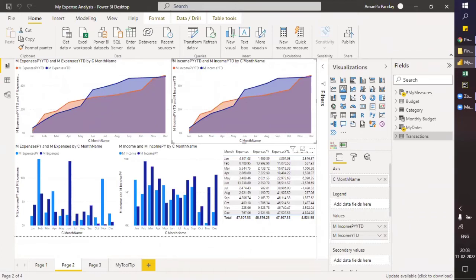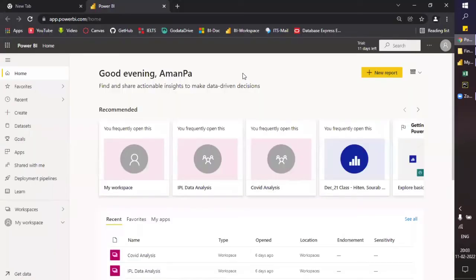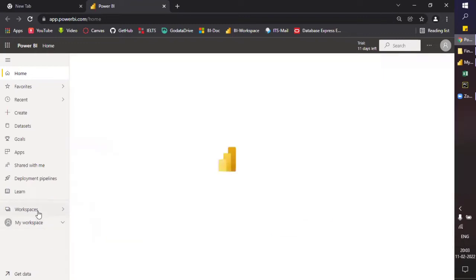So here is our Power Query service. So for the scheduled refresh, go to the workspace. Sorry, the workspace, and it's a bit slow. It's coming up. So in the workspace,